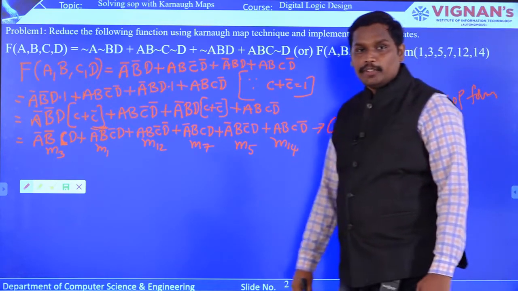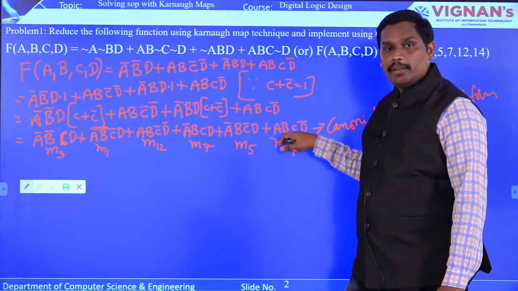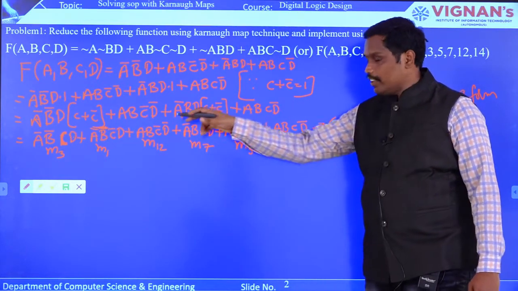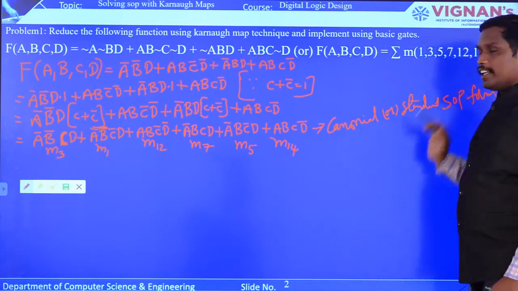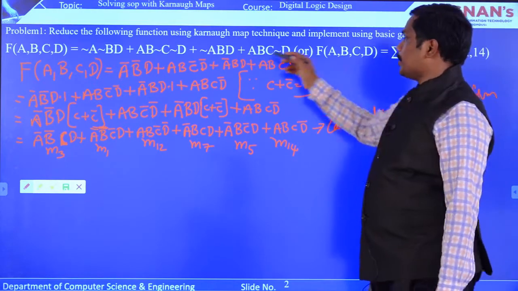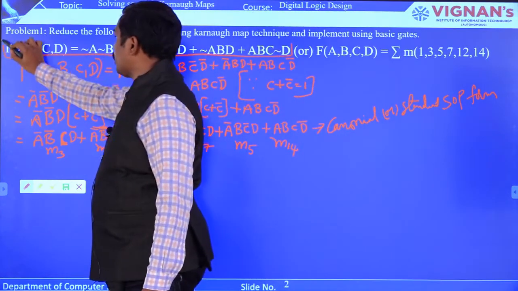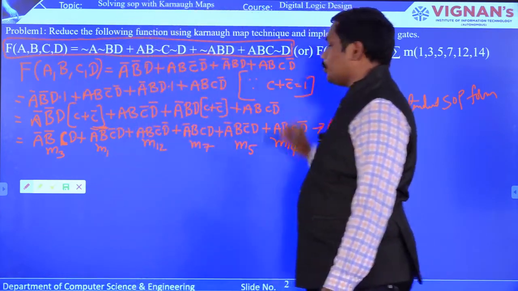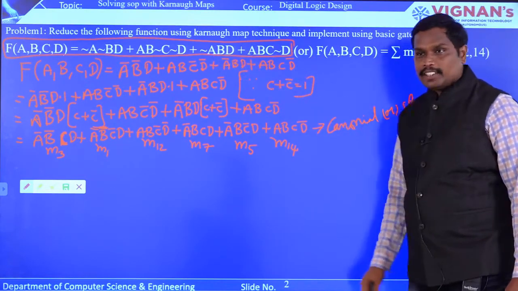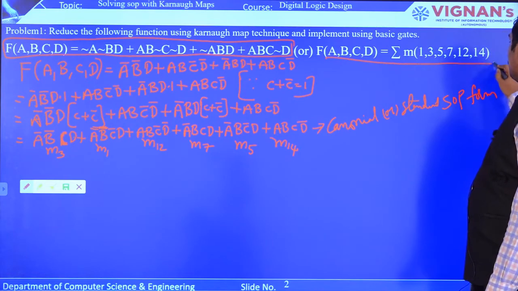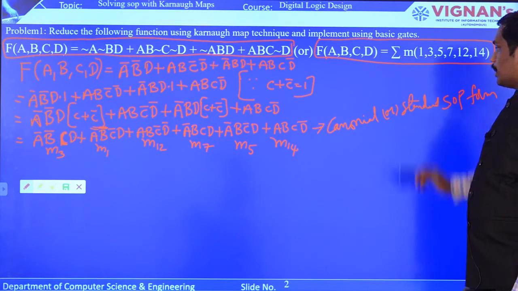Okay. So in this expression you can see A, B, C, D in every term. So all the Boolean variables are there in all the min terms. That is the reason why we have converted this expression into a canonical or standard SOP form. So this particular question, you can see, is an expression that is given which is not in canonical or standard SOP form, and now we have converted that into canonical or standard SOP form. So the question can be asked by giving a Boolean expression, as well as in such a way that the min terms of the expression are given to you.